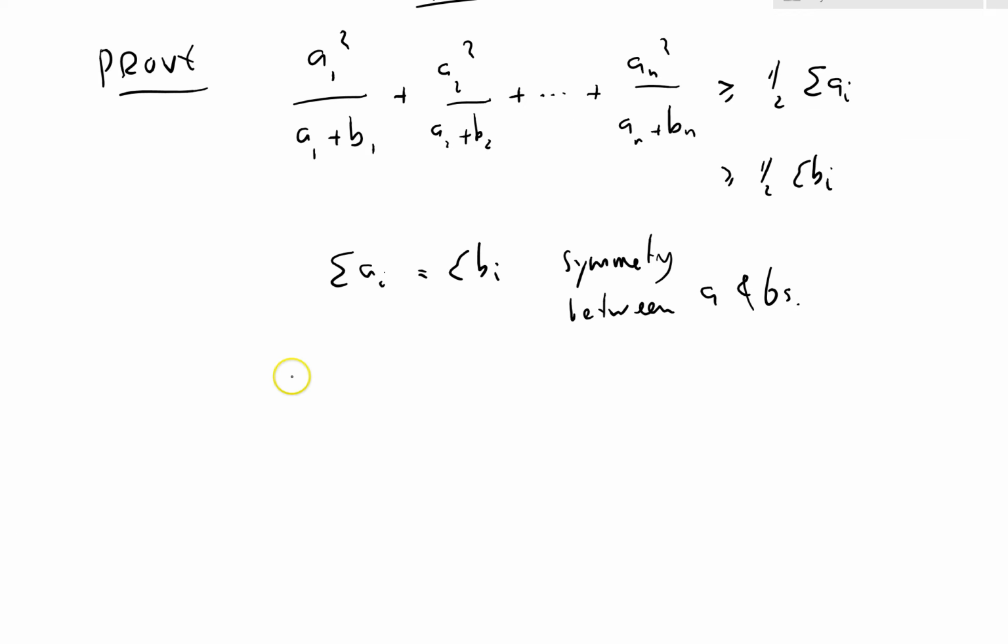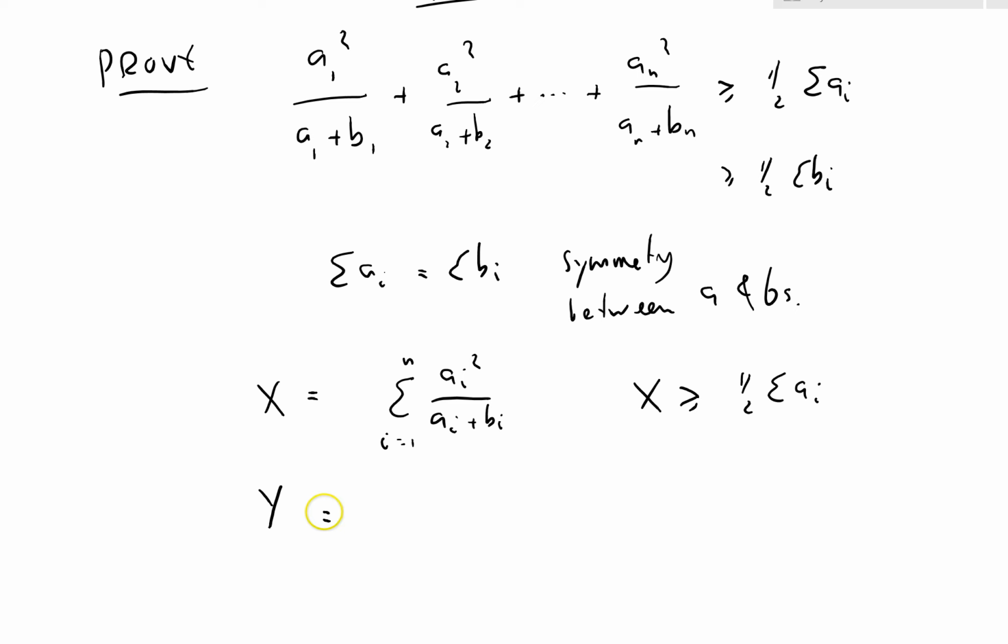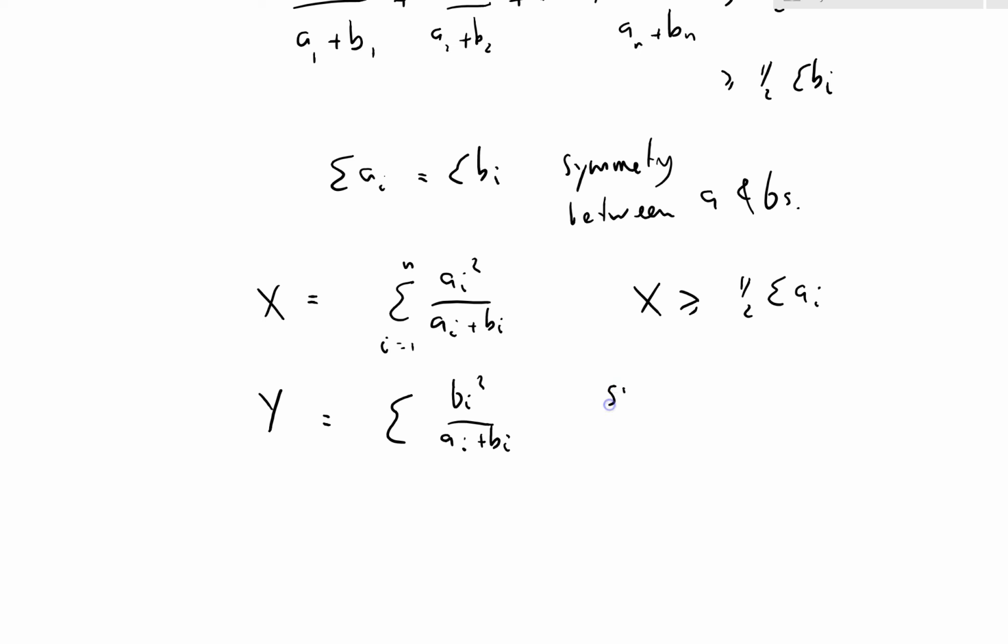Well, what I'm going to do is I'm going to call X equal sigma Ai squared over Ai plus Bi, this is all i equals 1 to n. And I've got to show that X is greater than or equal to a half sigma Ai. Well, to get the symmetry back, of course, I'm going to consider Y, which is the sum over the same things of Bi squared over Ai plus Bi. Just by swapping the identities over, swapping